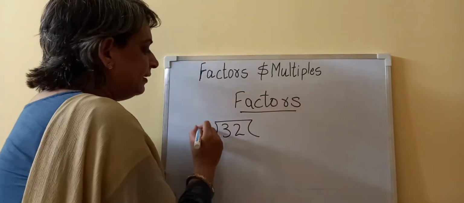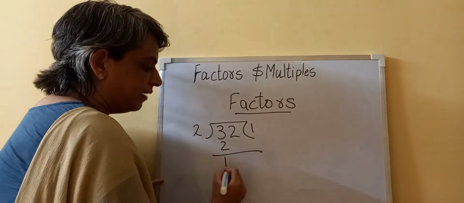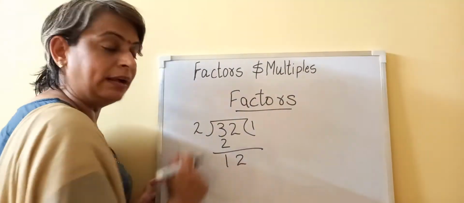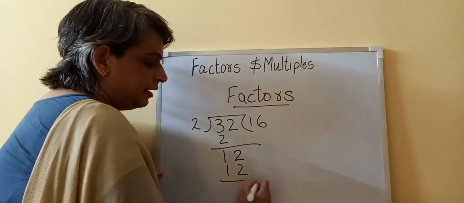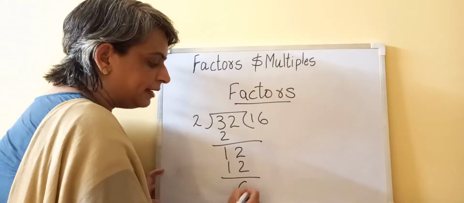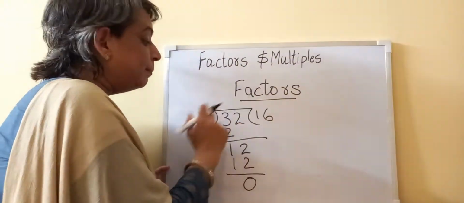32. Divide this number by 2. 2 1s are 2, 1 2. So what is this number? It is 12. 2 6s are 12. Now what is the remainder here? The remainder is 0. If I divide the same number, 32, by 3,